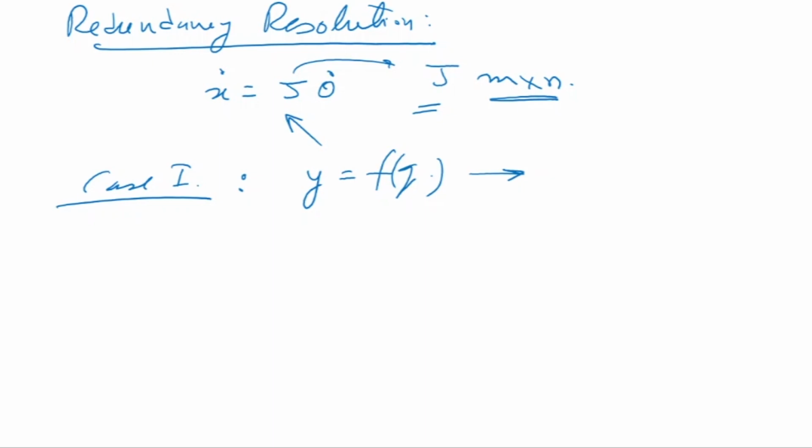So I have a manipulator which is a 3 degree of freedom manipulator, which is redundant, and it has to move in a straight line. For example, I have a manipulator which is like this, and it has 3 degrees of freedom, and it has to move down in a straight line like this. Okay, this is an example. I'll solve this example after some time as we go along.